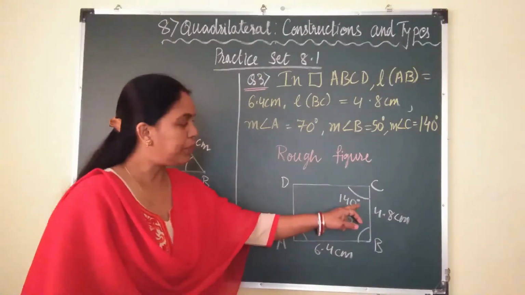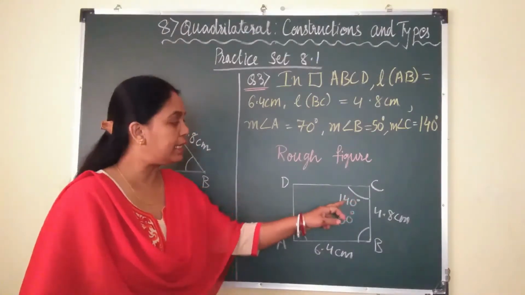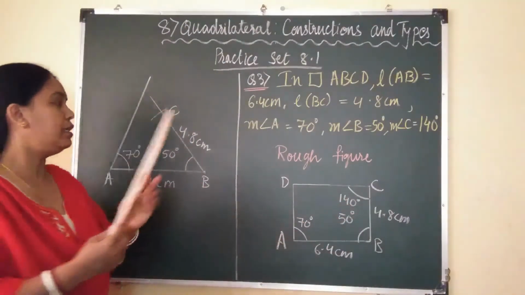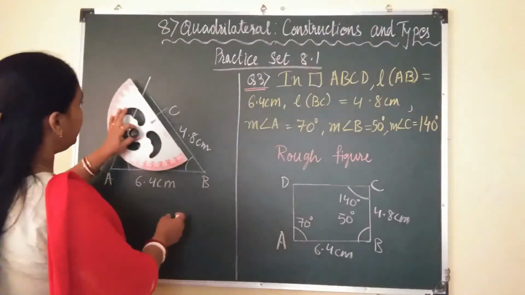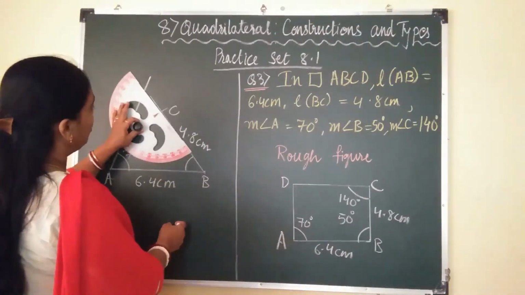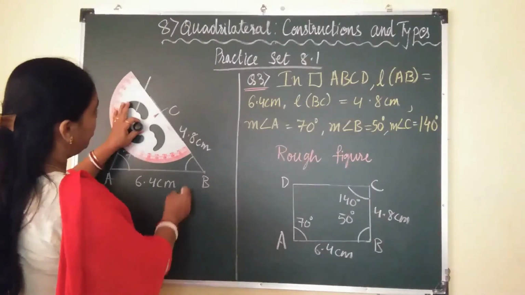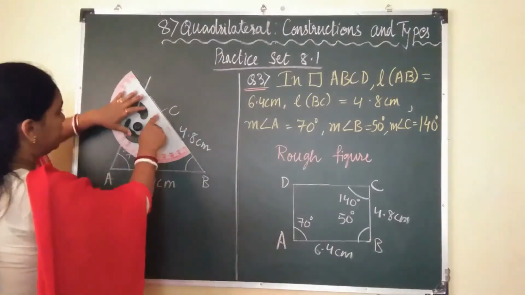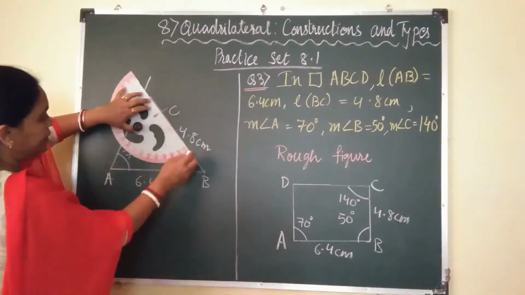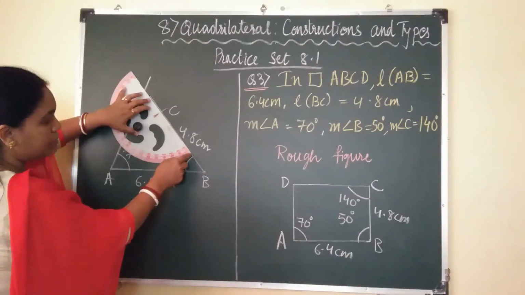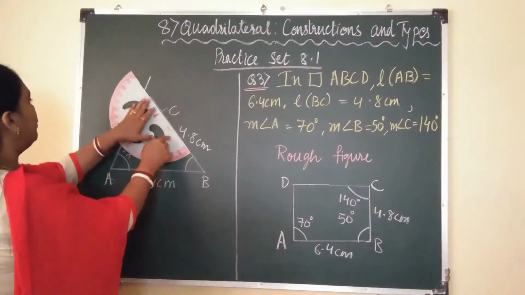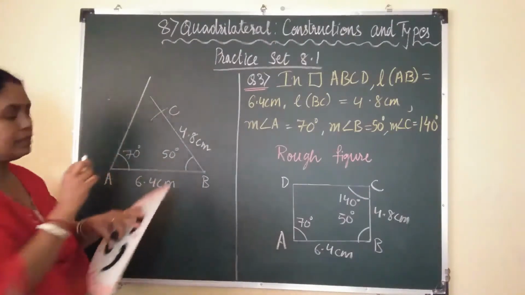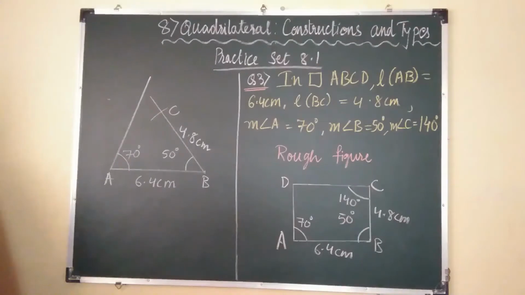Now at point C, you have to draw the angle 140 degrees. So how will you do? Using the protractor. Keep it properly on the segment BC and the pointer should show C. Okay? The point C. Then you will start counting from 0 till 140. It is here 140 degrees. Okay? Then draw the angle.